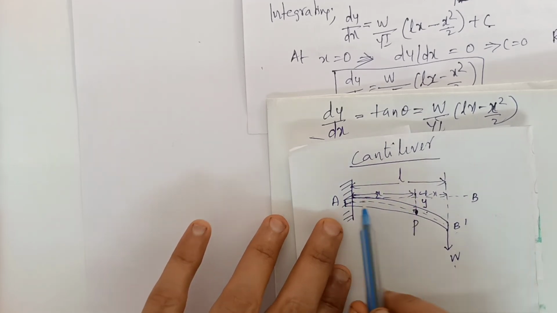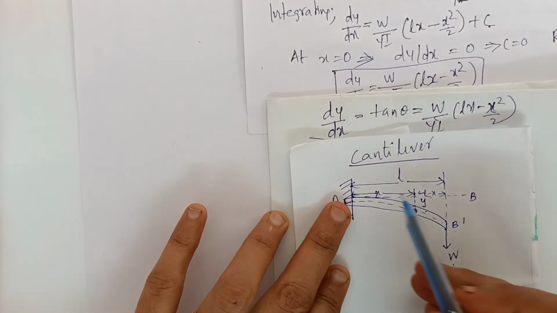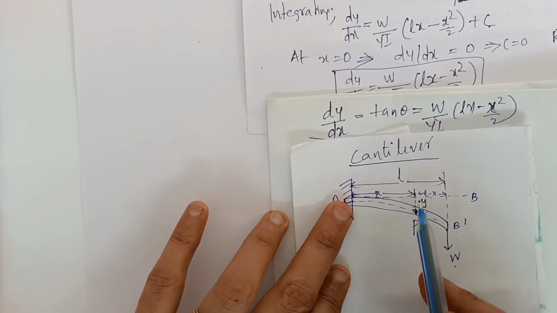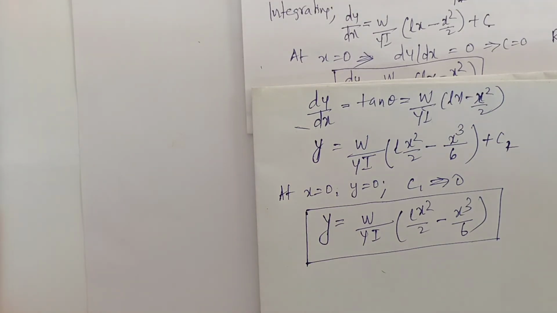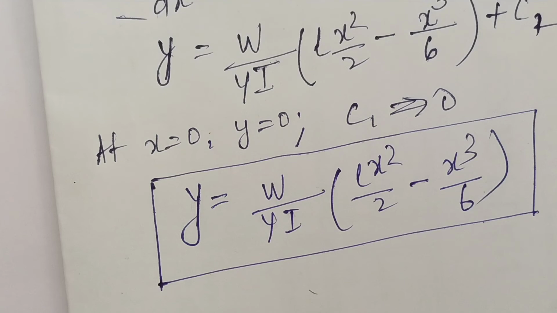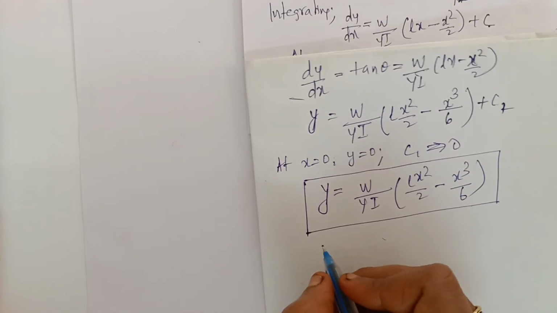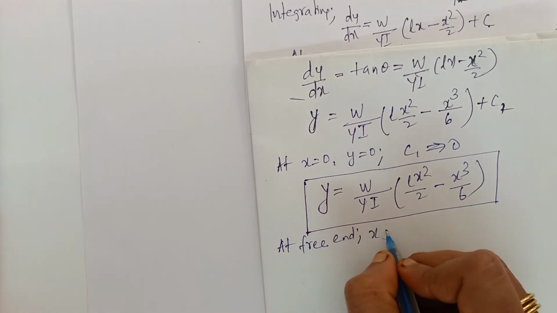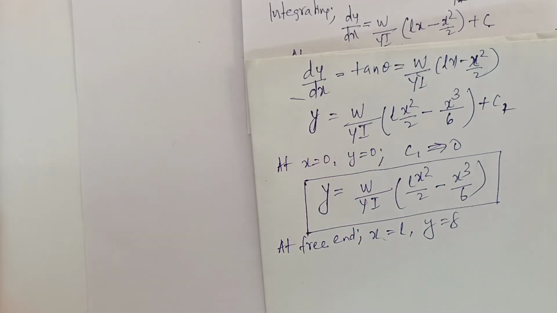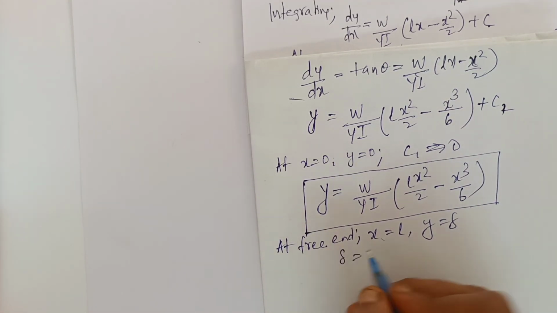This much distance is x. So from the fixed point, when there is a depression at distance x, for y to have depression at distance x, that depression y is denoted by w by yi into L x square by 2 minus x cube by 6. Now what happens? Now at the free end, x is equal to L and y is equal to delta. Therefore we can write delta. What did we write in place of y? Delta is equal to